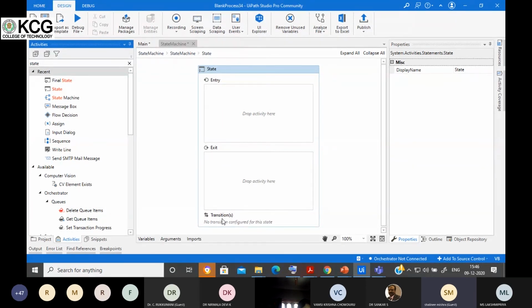I'll move further for the transition, then I'll show you. So firstly it will go to the entry and then to the transition without exiting from this particular state. Whenever the condition in the transition section becomes true, it will first exit this particular state, and based on that condition, whatever action you have written will get executed.